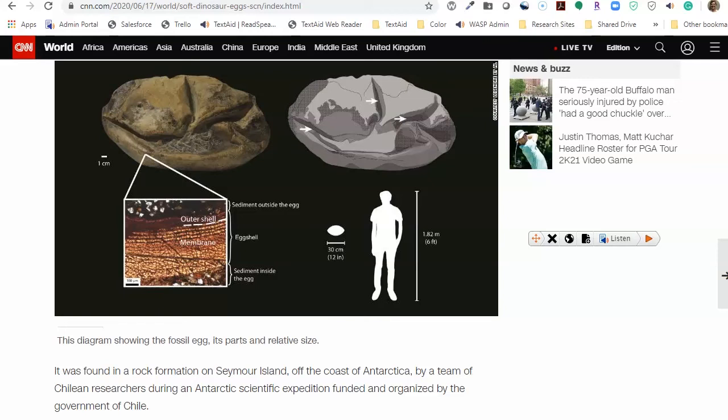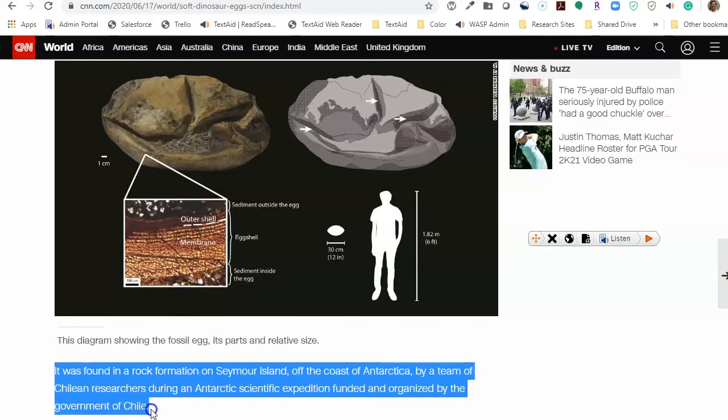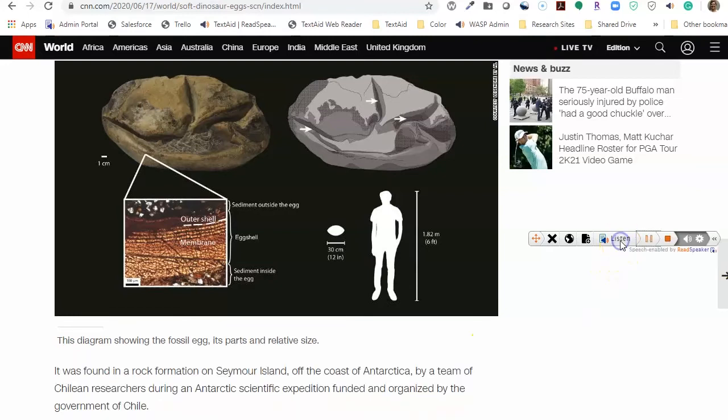What are, and how do we use, the listen controls on the bookmarklet? The listen controls include listen, pause, play, and stop. Begin by highlighting some text, in our case part of the CNN.com article on dinosaur eggs. Click listen and the material will begin streaming using the highlighting settings that you have selected.